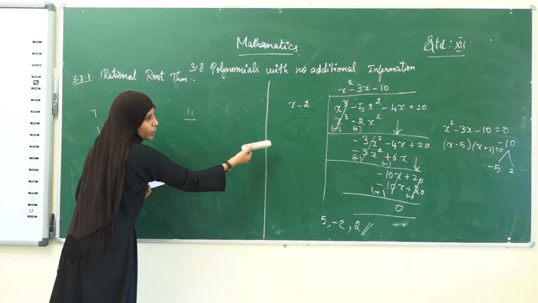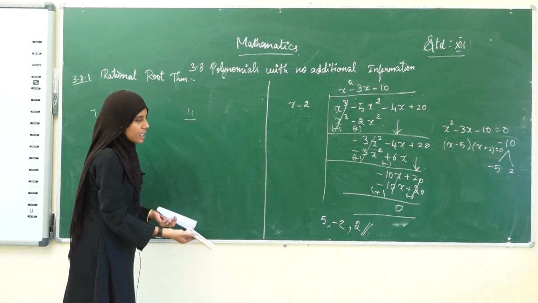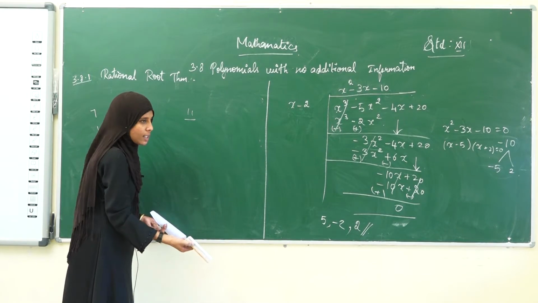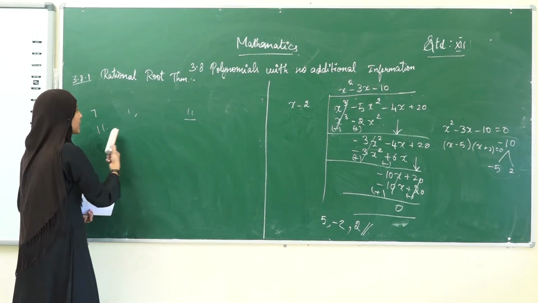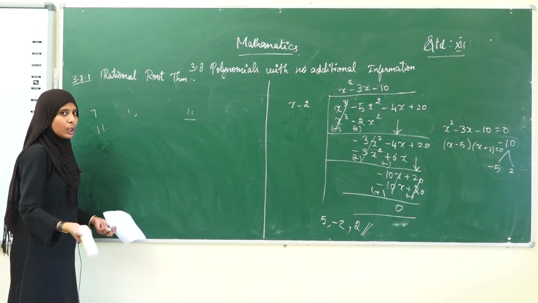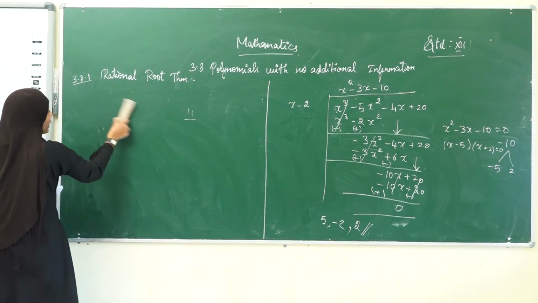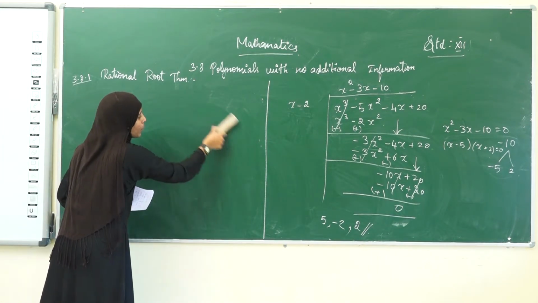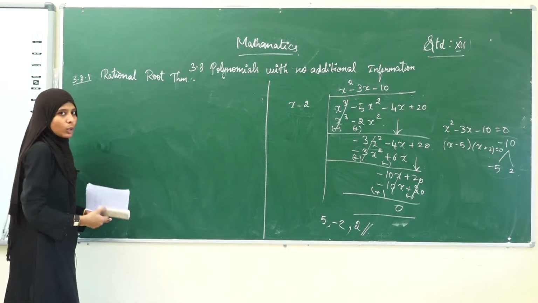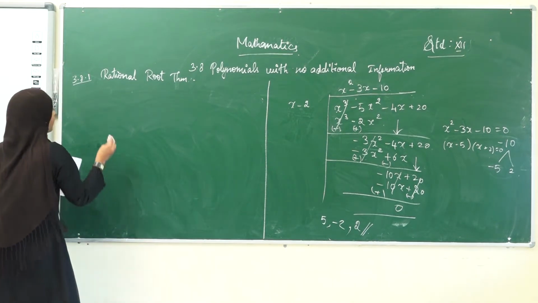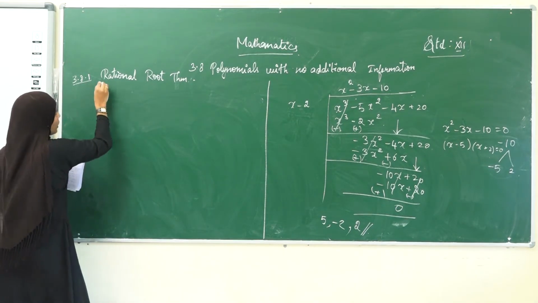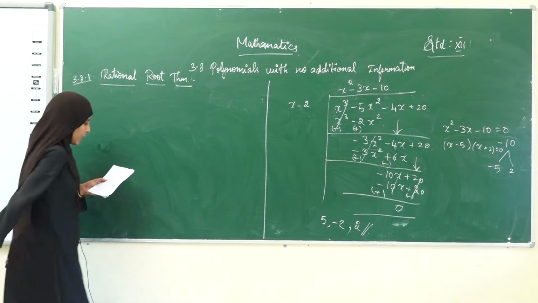Since it is easy, we got a root, so it is easy to substitute and we got the other answers. But for these types, we can't do this. We can't use this trial and error method. It's a waste of time. It takes a lot of time. Okay. So for that, they have introduced one theorem, that is the rational root theorem.